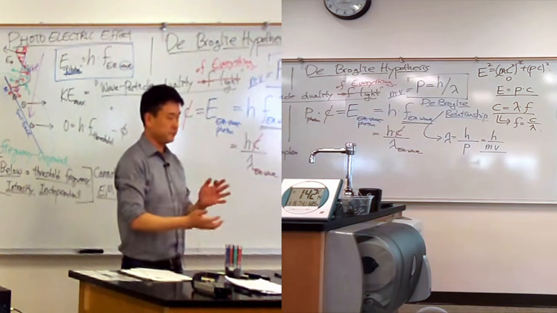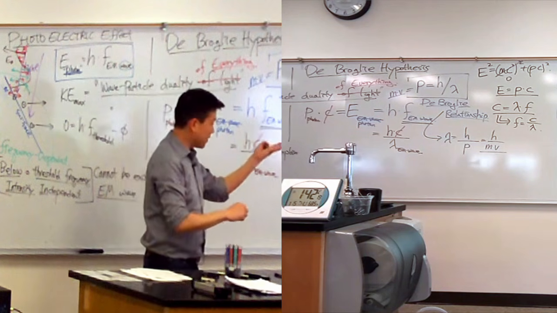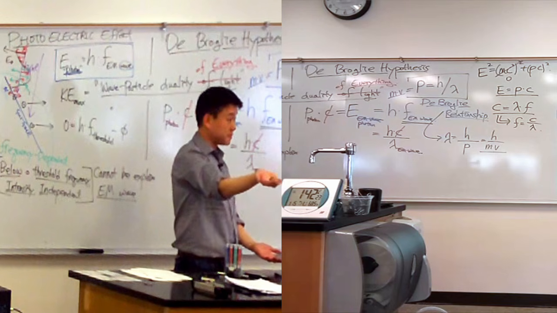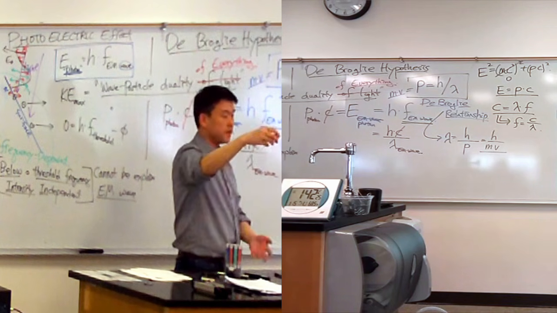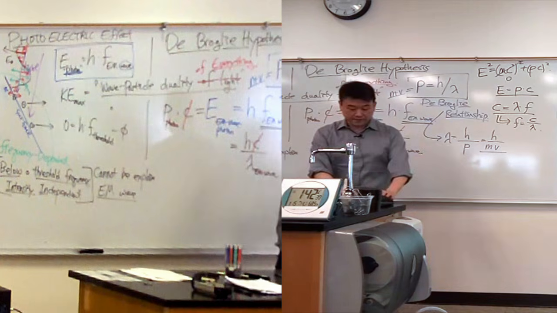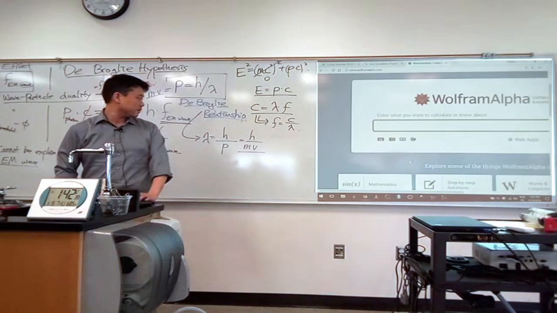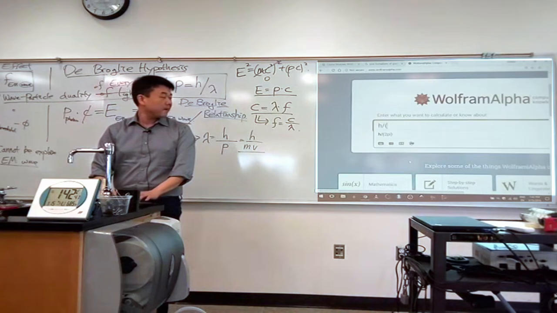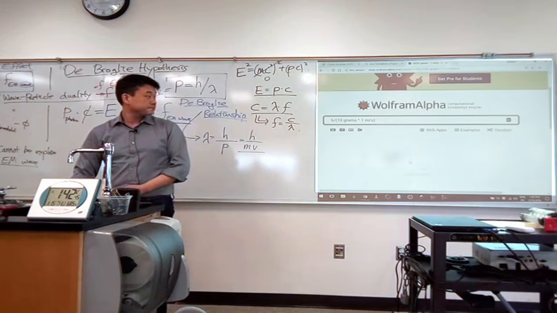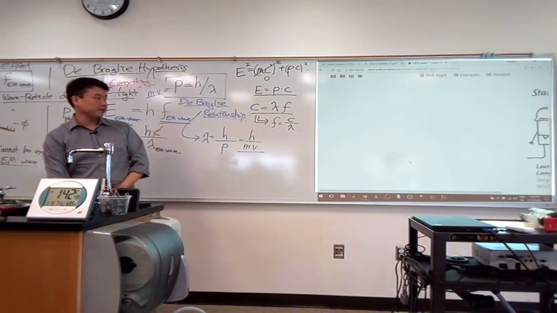Small, large? Small. Yeah, it's actually fantastically small. Let's say this is, I don't know, 10 grams. A 10 gram mass moving at something like 1 meter per second. If you plug in the numbers to get what the wavelength is, it's fantastically small. All right, let me just plug in the numbers. H divided by 10 grams times 1 meter per second. I should get something of length, hopefully.